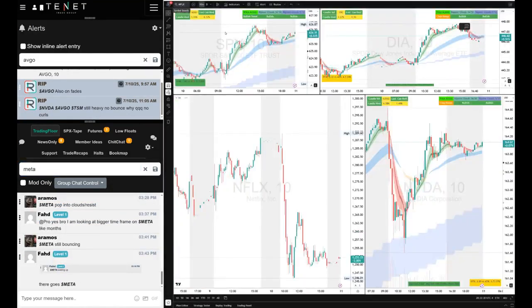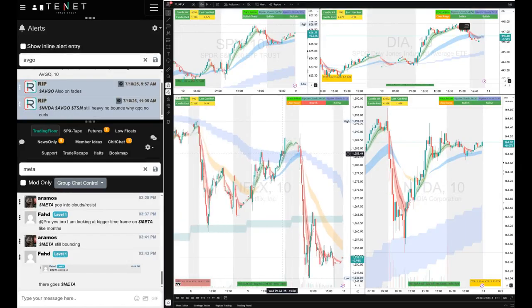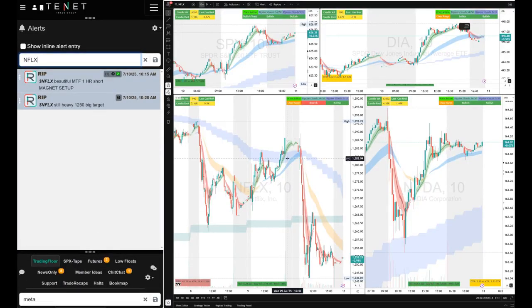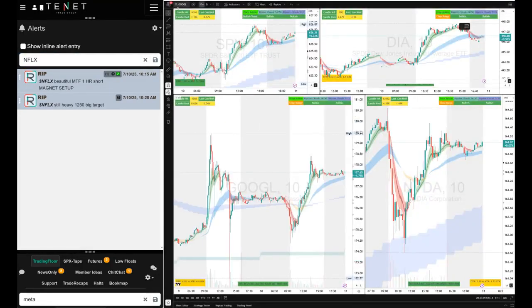Let's take a look at Netflix. So Netflix was another short from the MTF. How many times the MTF cloud has given you a trade on that? Right? And Netflix gave a short trade once, short trade twice, from the top to the bottom, all the way down. Beautiful short on Netflix. Because when you know that QQQ is a short and we are shorting QQQs, you know that it's all bearish. The NASDAQ is bearish. There's no business buying. Not even a single person in my community was buying these tech names long, because we know that the sector is weak and we are not going to buy it.